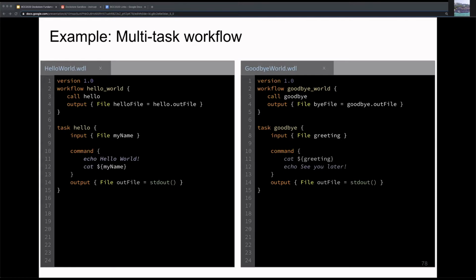So the task is the goodbye task. It's going to take an input file called a greeting. I'm going to call a command that basically prints that greeting to standard out. And then afterwards, I'm going to echo, see you later. I'm going to capture all that from standard out into a parameter called out file. So basically what I'm saying is I want to save what's coming from standard out from this task into a